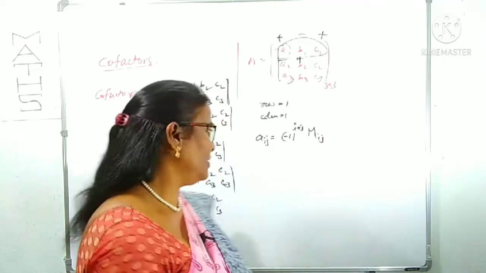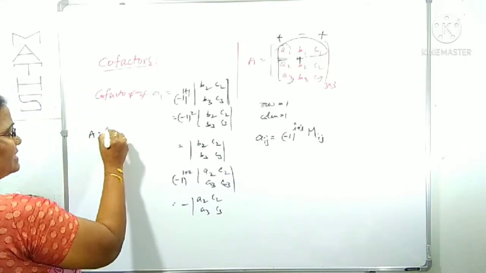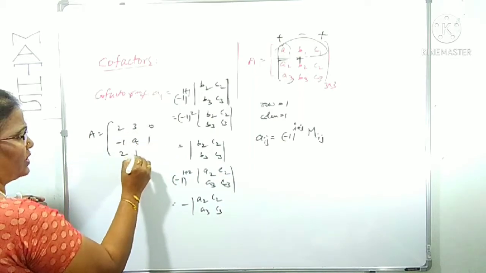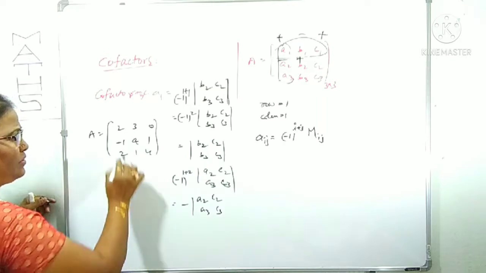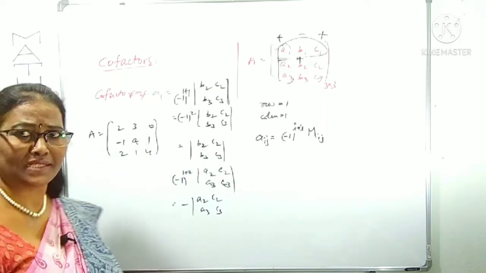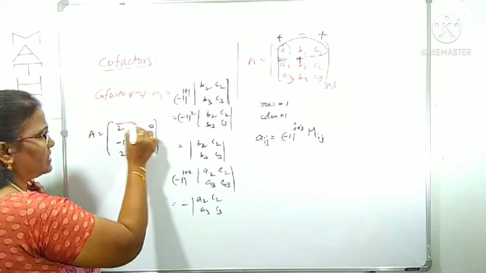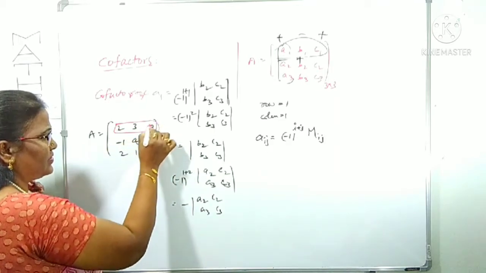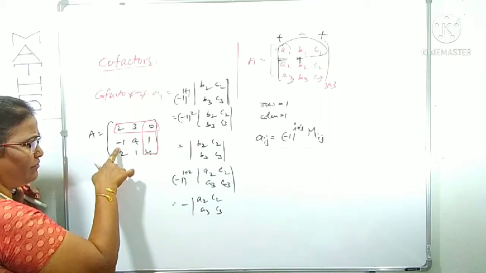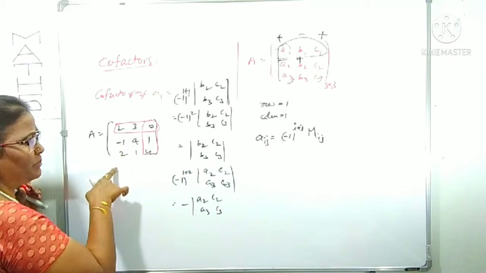I will give you an example, you can understand easily. Suppose you can see this example. A is one of the matrices I gave to you, like 2 3 0, -1 4 1, 2 1 4. So all these elements, we can find out cofactors. We can find out minors, I said. Same way we can find out cofactors also. Suppose you want the 0. 0 is in the first row and the third column. After closing this, what is its minor? Det of -1 4 2 1 is the minor, that is multiplied with what?